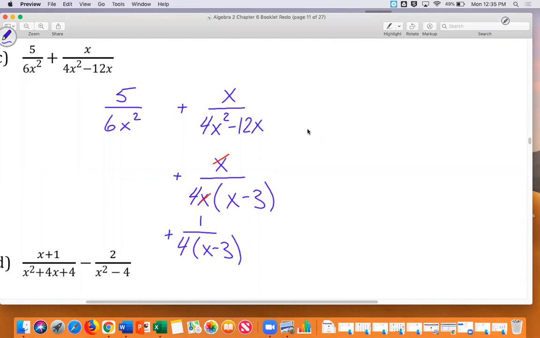Now, on the left, not much I can factor, right? Pretty much already broken down for me. So this problem's really asking me to add 5 over 6x squared plus 1 over 4 times the quantity of x minus 3. So this is where the problem starts. What's different between the right and the left? Well, on the right, I have a 4 and an x minus 3. So I'm thinking 6 and 4, how can I make them the same? Well, I can make them the same by